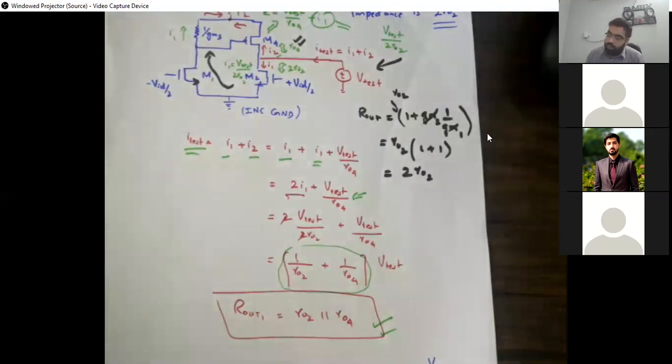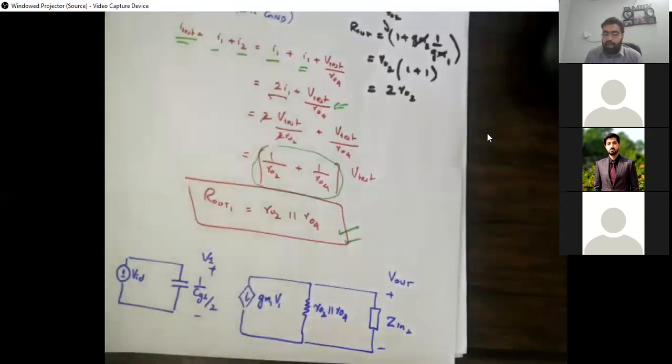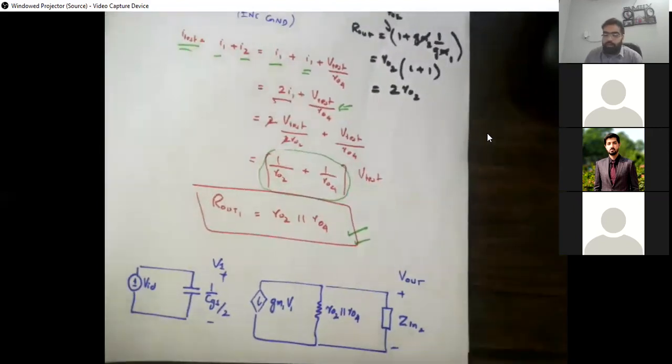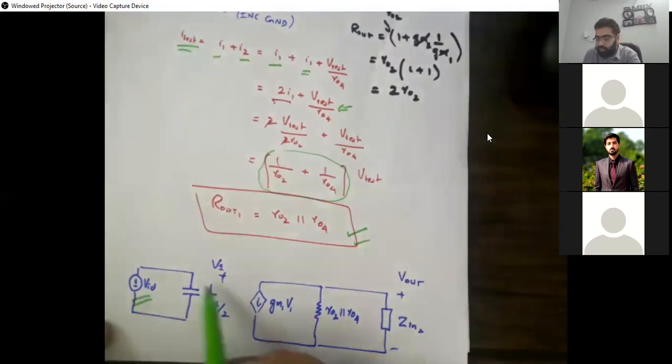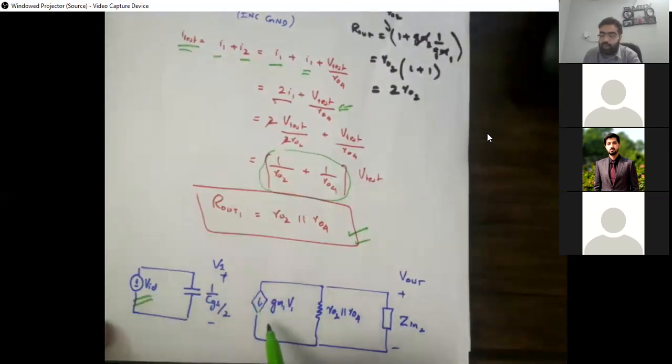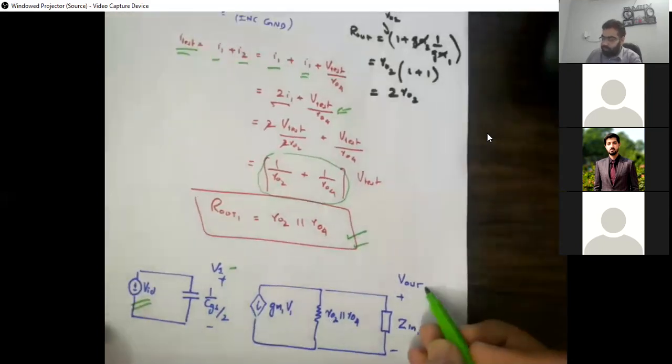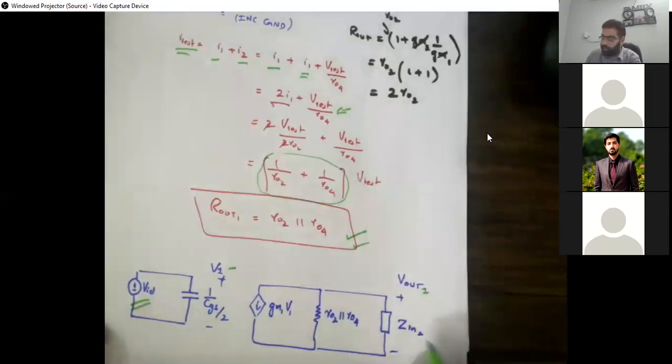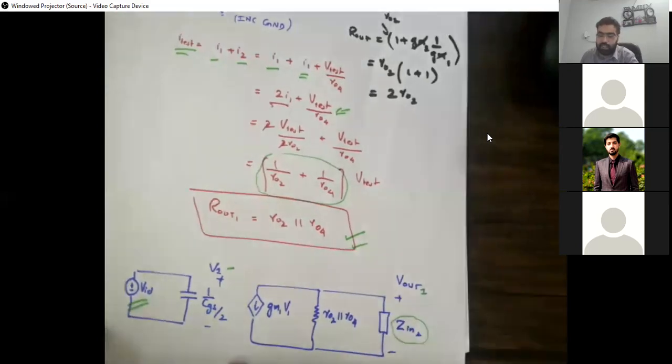Okay. So now, since we got all the values, we can just plug it into that circuit जो हम लोगों ने simplified model बनाया था for the first stage analysis. So it was differential signal with some input impedance Z in 1, उसके across voltage V1 होगी, capital GM was small gm1 times V1 जो ये voltage थी, R out 1 was R02 in parallel with R04, and V out 1 जो हमारे पास आ रहा था, और यहाँ इसको भी हमने Z in 2 ही कह दिया since we are not analyzing the second stage.